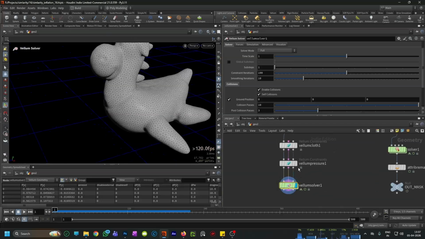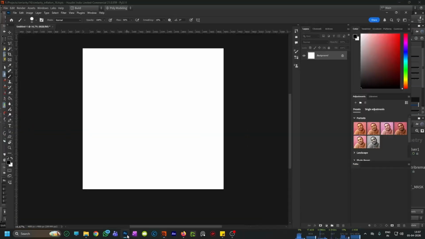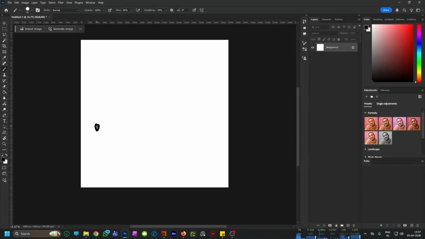Okay, the bend value here, because let me show you in Photoshop what this bendiness means. So let's say we have a point here, another point here, and another point here. Okay, and this is the constraint between them. So these are the points, these are the edges, whatever you like. So basically the bend strength or the bend value for the constraint tells us how much one point can rotate around another point. Okay, because this controls this rotation here. For each of these points, how much this point can rotate around this point, how much this point can